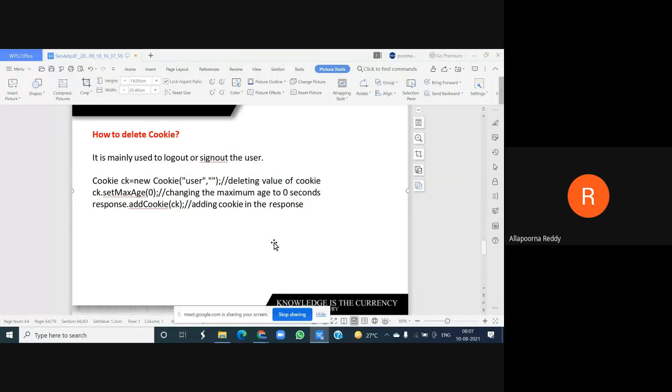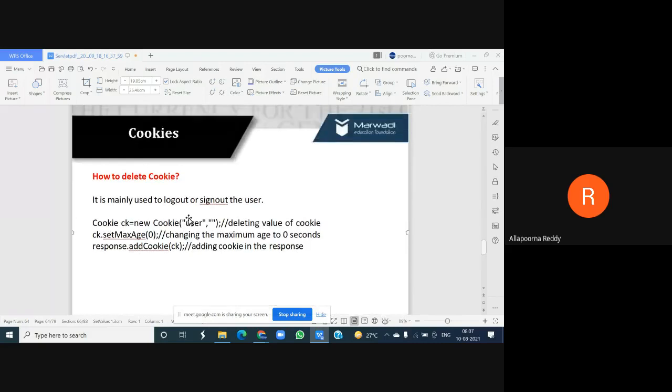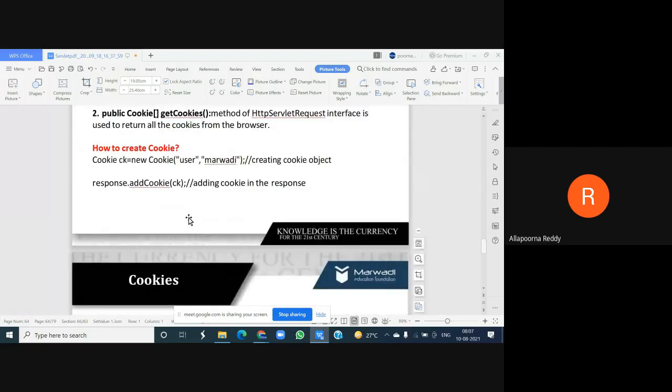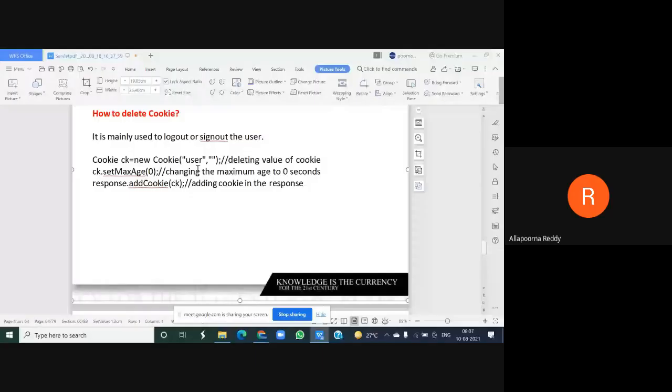So creating and deleting, remember the two things. What is the difference we had? Previously you created it with the user name and user value. For deleting, we have only done the user name. There is no value; you are making it empty. And then I need to set its maximum age, which you define in seconds. That age also you need to make 0.